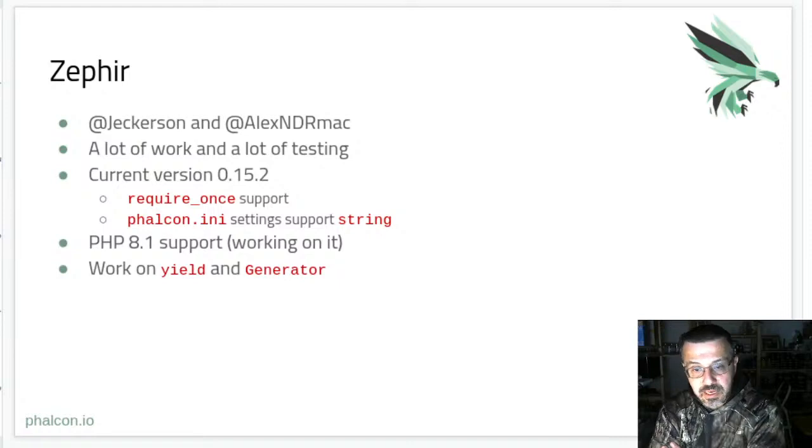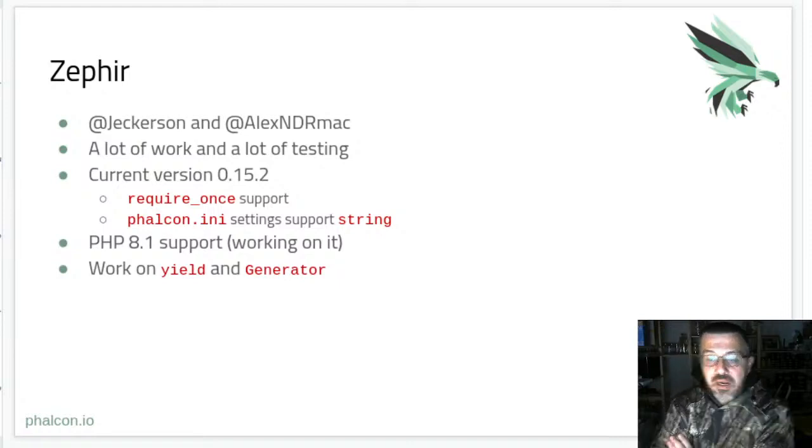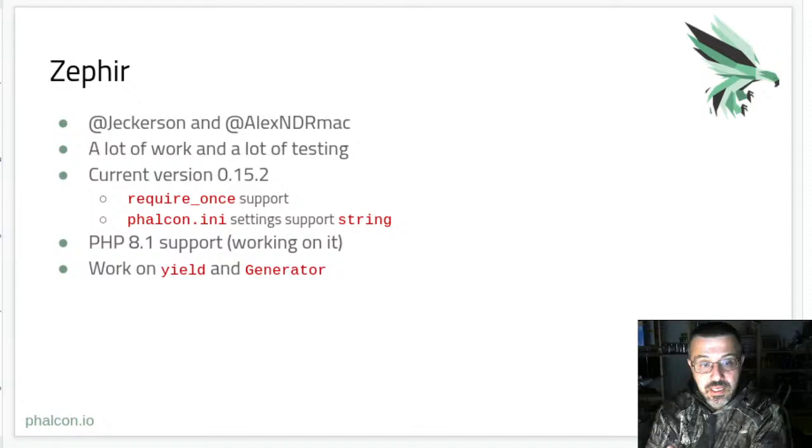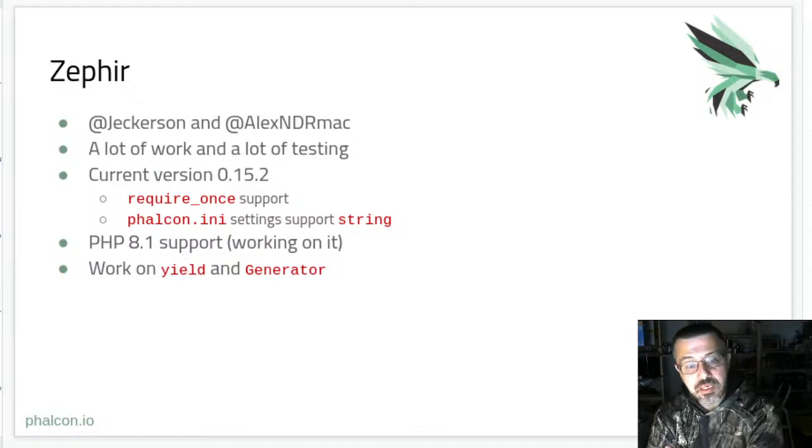Our current work is on yield, to offer yield support for Zephyr, and also return a generator. This will create some sort of a pseudo asynchronous processing, because with yield and generators you can achieve some asynchronous capabilities